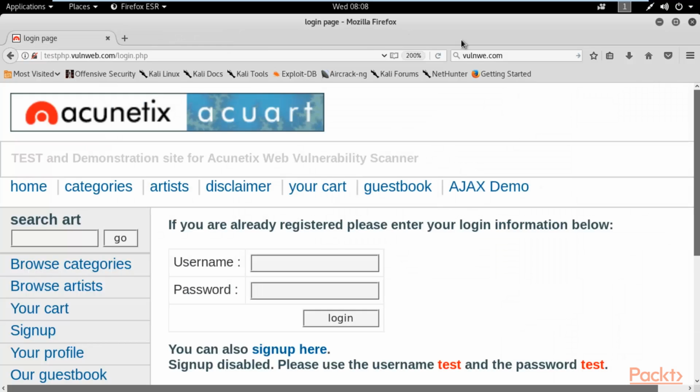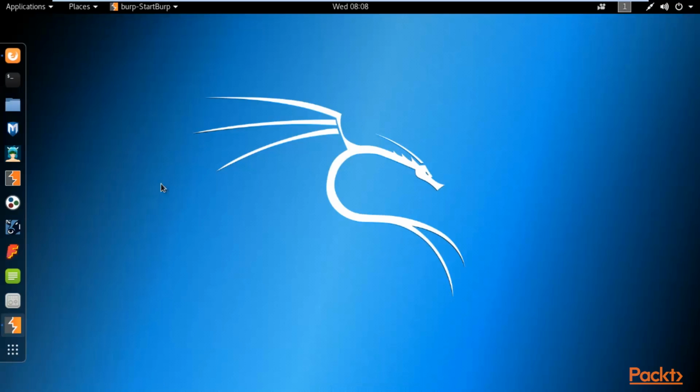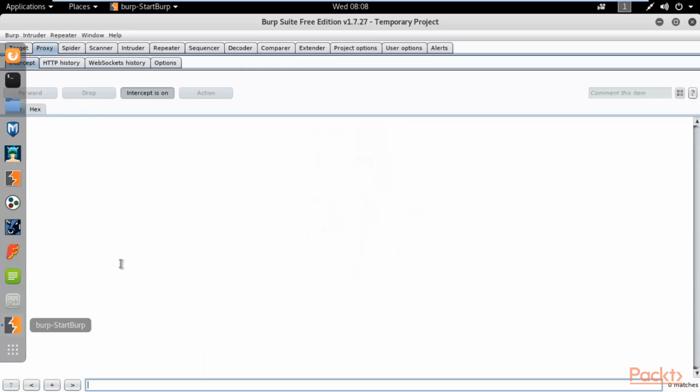All right, now as in Burp Suite, intercept is on, so you can type anything here. For example, Sunil is my name, and Sunil. All right, username and the password. Click login. Obviously it will not run because the proxy is running here. Minimize it. Go back to Burp Suite, which is here.